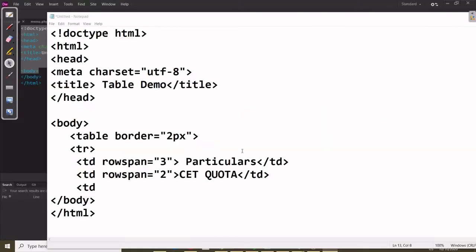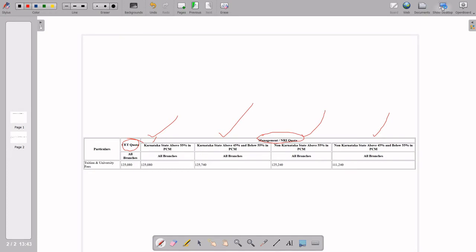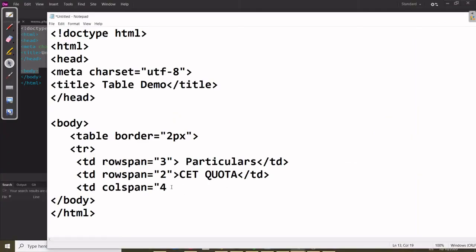Got it? So in that case td colspan equal to 4, I think 4 only. 1 2 3 4, colspan 4, and then you can write here management quota, then close the td, right?